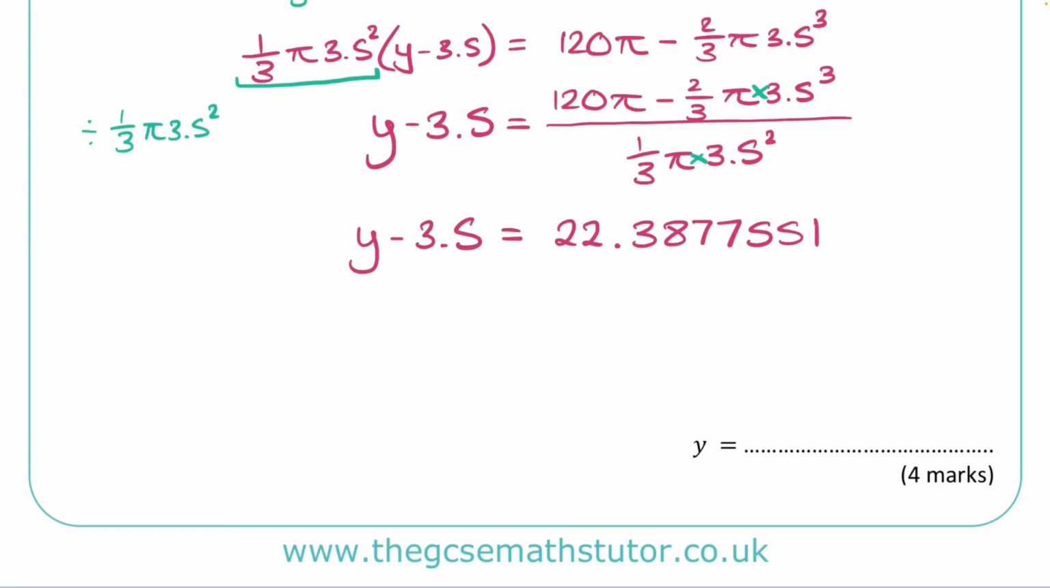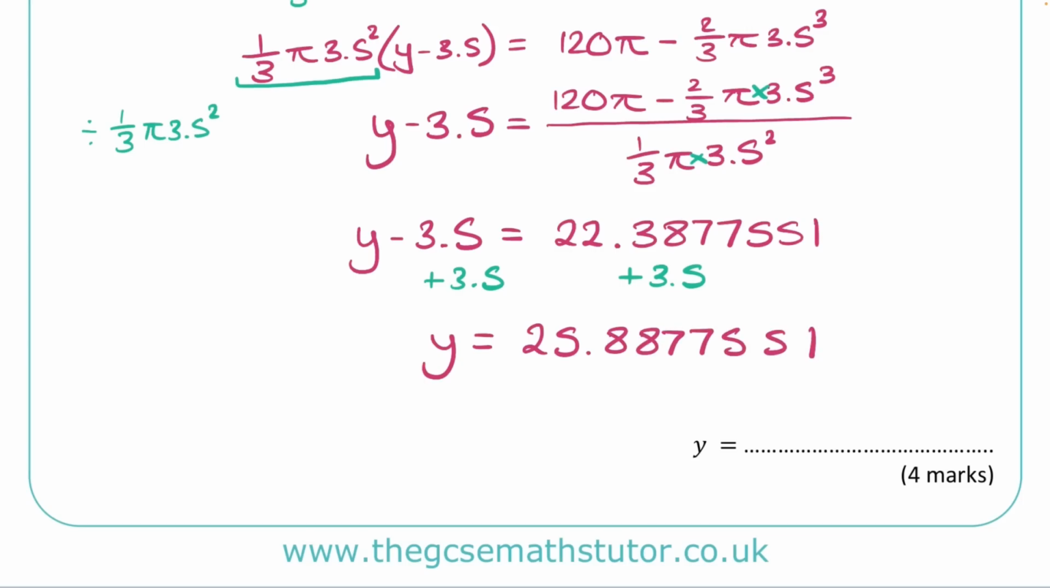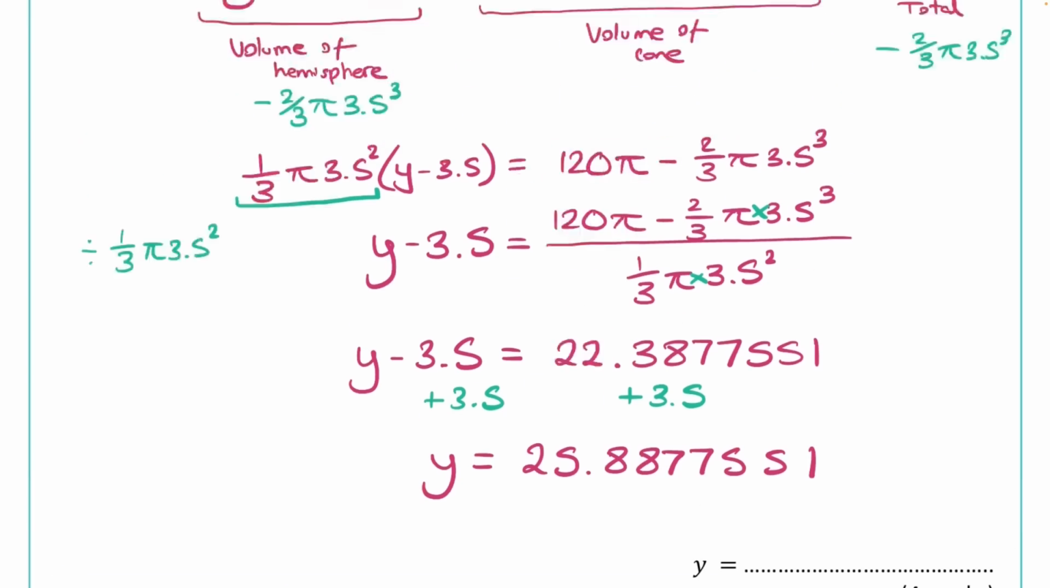Right, I can finish this off. I just need to add 3.5 to both sides. That will isolate the y. So I've got y is equal to, add 3.5 on my calculator, get rid of that recurring decimal version, I get 25.8877551. Okay, so a lot of steps there, a lot of pieces to put into place, but let's finish it